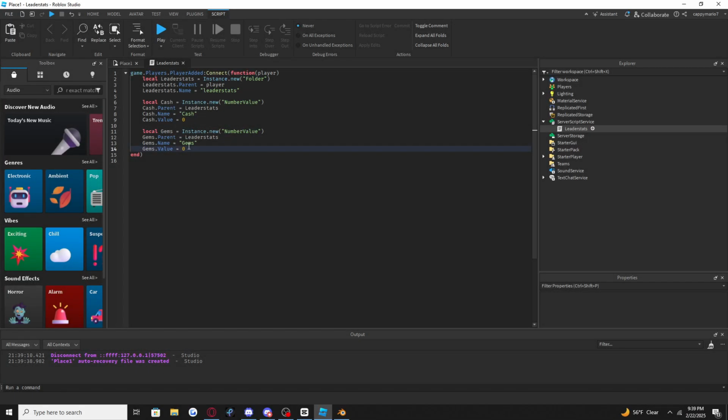Now that we have some stats, we need to make a way so the player earns cash consecutively. So below our handlers, so below our cash and gems, do a while true do statement. So type as I go. While true do. So while this is true, while all this is running, do